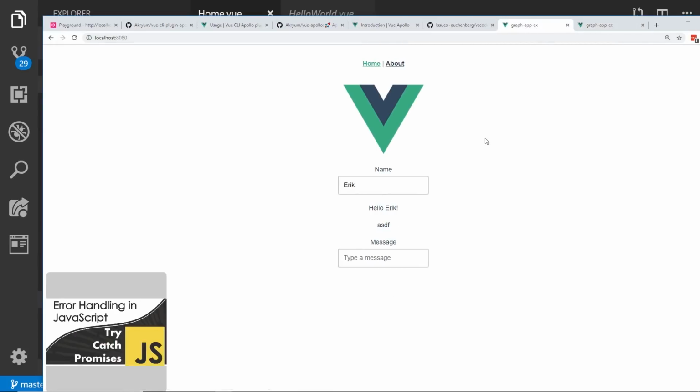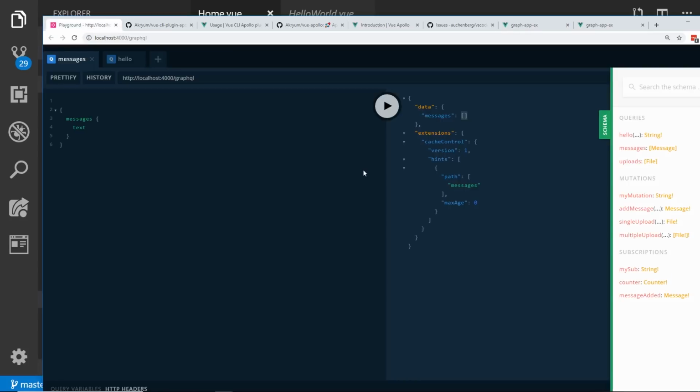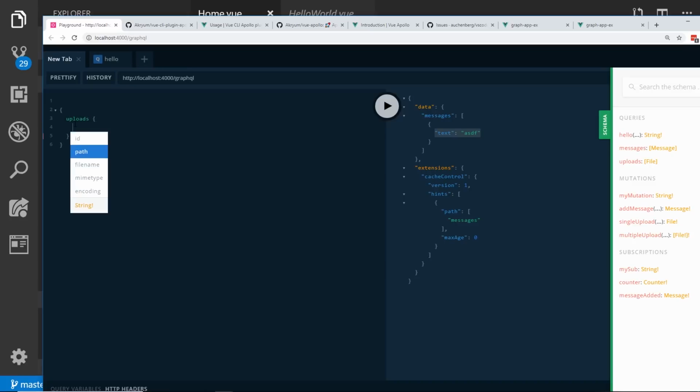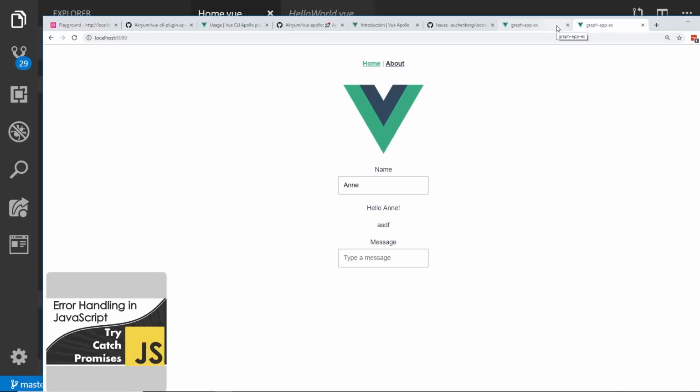Now since we added a couple of messages and even a file, we can go into the playground and take a look. So if I hit the play button, you can see here's my message that I sent. If I wanted to take a look at the upload, I can do uploads, like here. And then I can grab the file name. You can see here, error handling in JavaScript.png file. That's the file name that I uploaded. So that's cool. So we know that our GraphQL server is working,